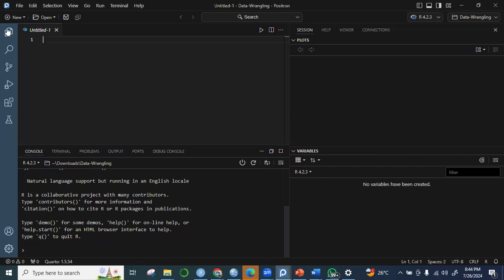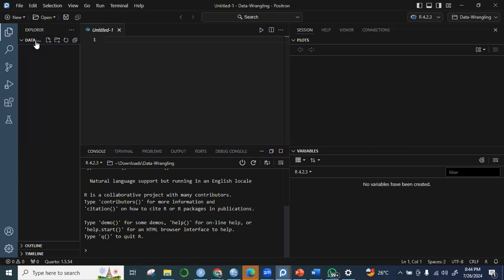So at this junction, I created a file called data wrangling, and there's nothing inside. So what do I want to do? I will need to import a data first thing first. After importing the data, then I will know how to navigate. Let's see how it goes. Now, first thing first,